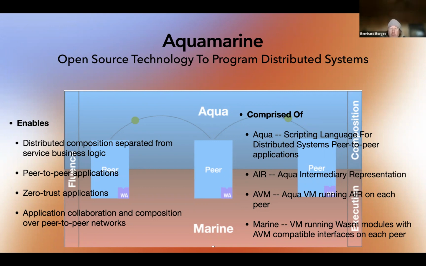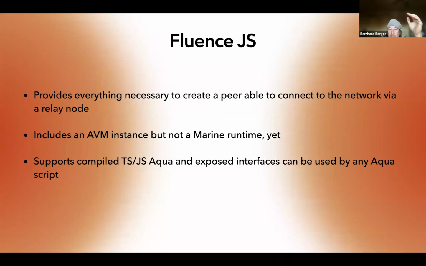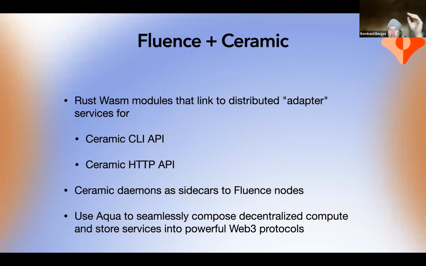And this is where, when we looked at particles, those conflict-free replicated data structures come in, because you have eventual consistency. The eventual consistency is not over the run of your Aqua script or the lifetime of your logic. It's actually over your service branch or your fork, like parallelization. Does that make it clearer? All right. Okay, cool. Happy trails.